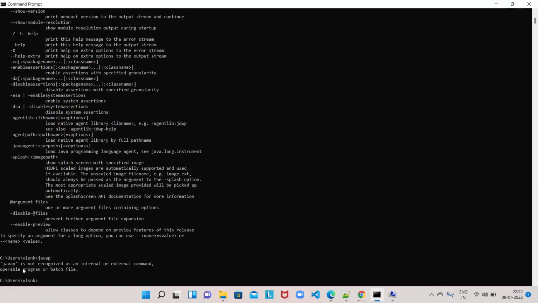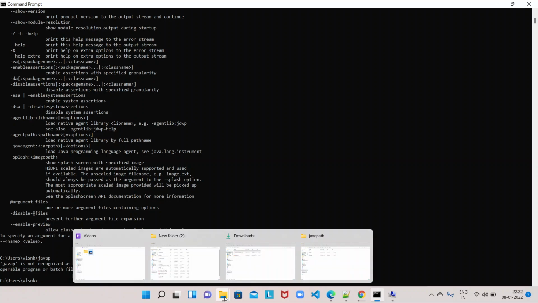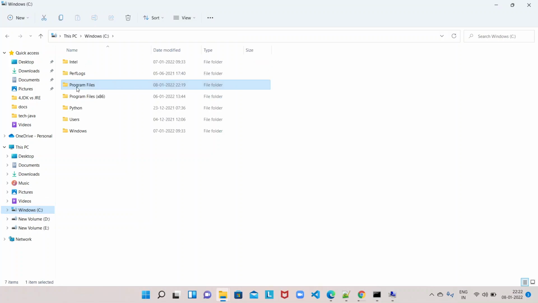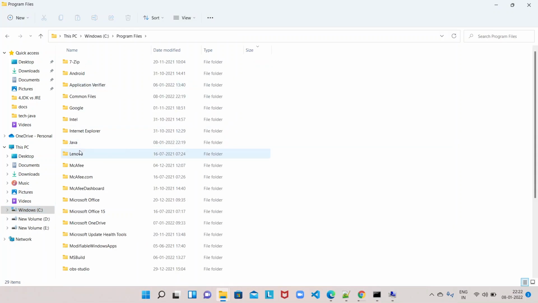See, it is showing javap is not recognized as an internal or external command. So in order to access all Java commands, we have to configure the whole path where Java is installed in the system environment variables.